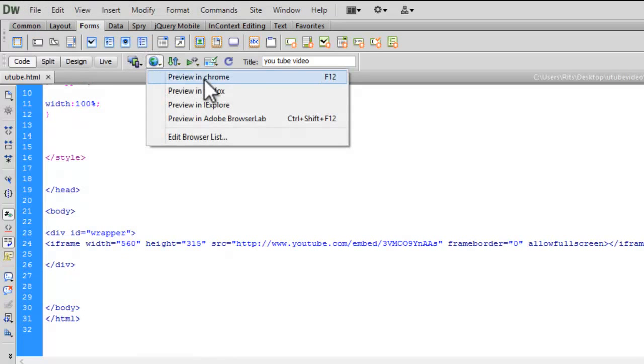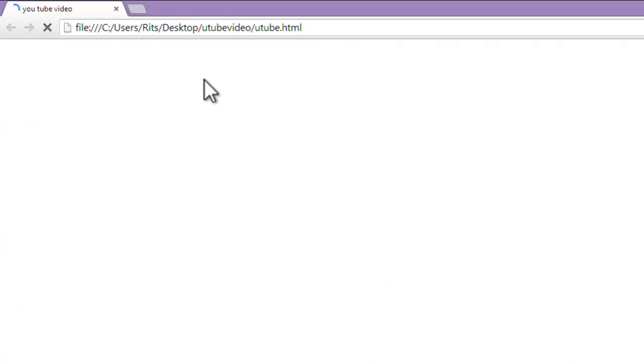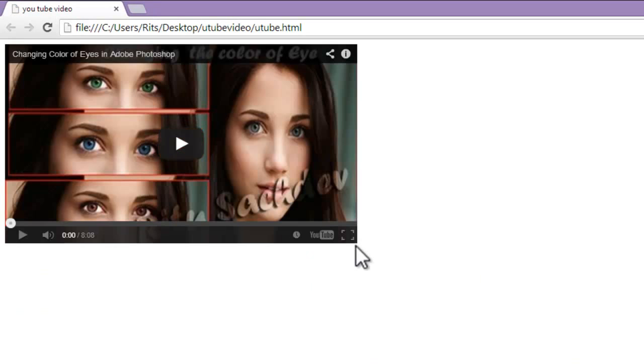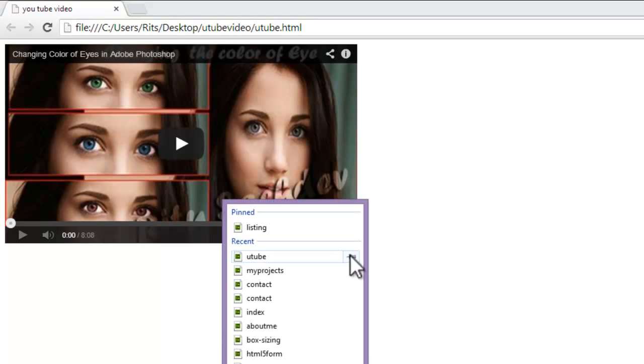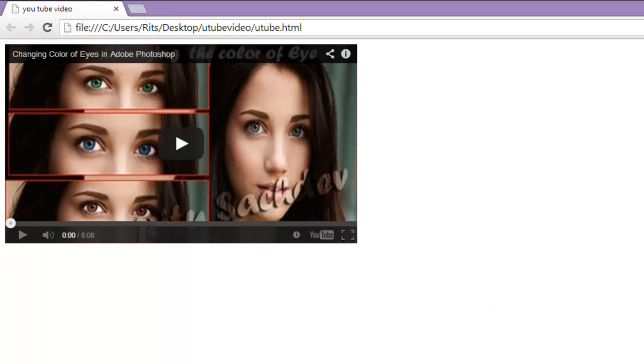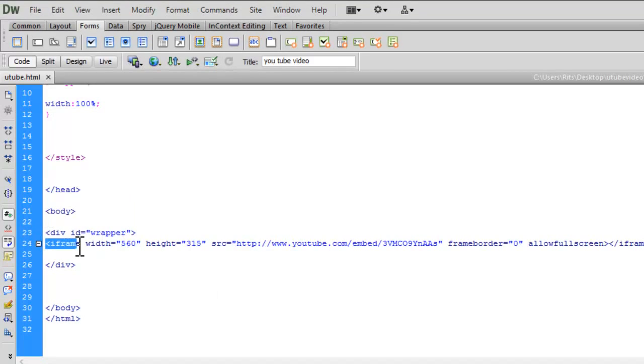Let's preview. See, we have our YouTube video now embedded in our document. I can play it. What an iframe or inline frame does is it allows you to show another website in your website.